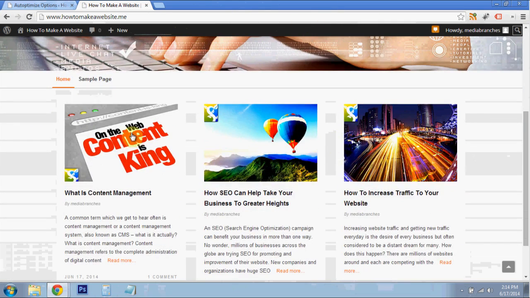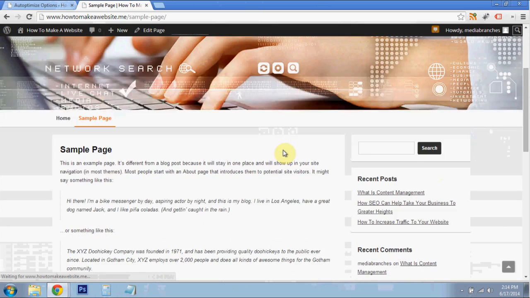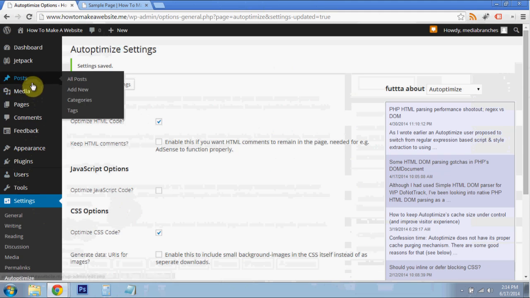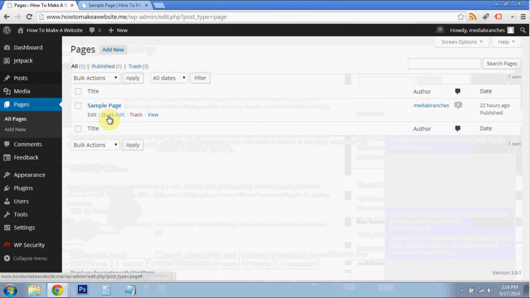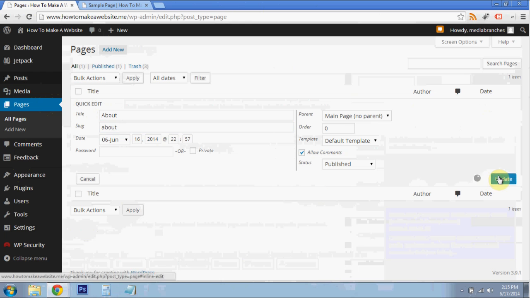Now for a sample page, let's change this around. I just want to change the title. I'm not gonna add the text to it right now, but just so you could get a good look at it. Let's go to pages, click quick edit, and then put in about. Also put in about here, and then update it,